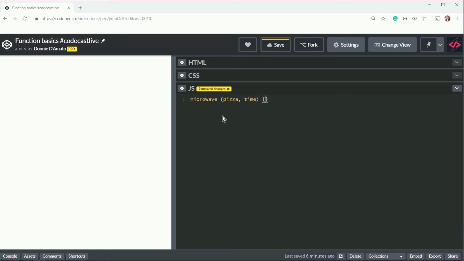We'll have some brackets in here, very CSS-like, and inside of the microwave is where all the operations get taking place, right? We're basically nuking the pizza over the amount of time, right? So maybe it's like nuke pizza for time, right? Nuke pizza for time. And then at the end of that whole thing, what will happen is we should get